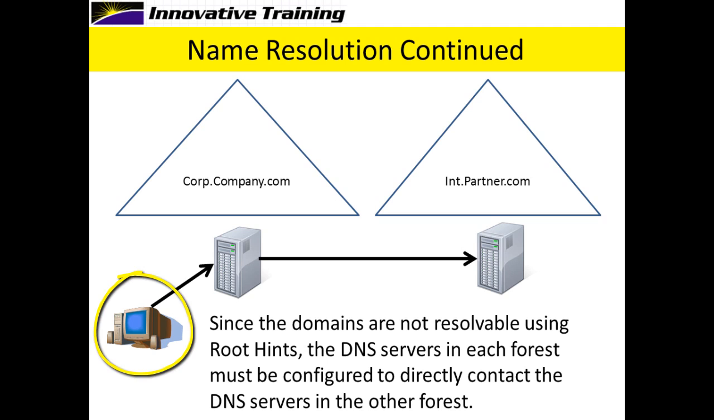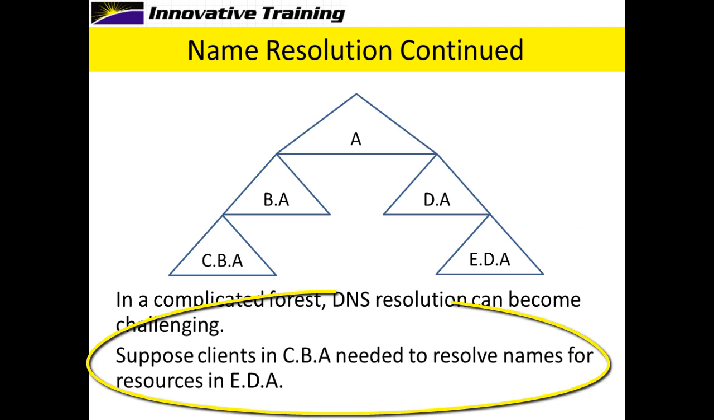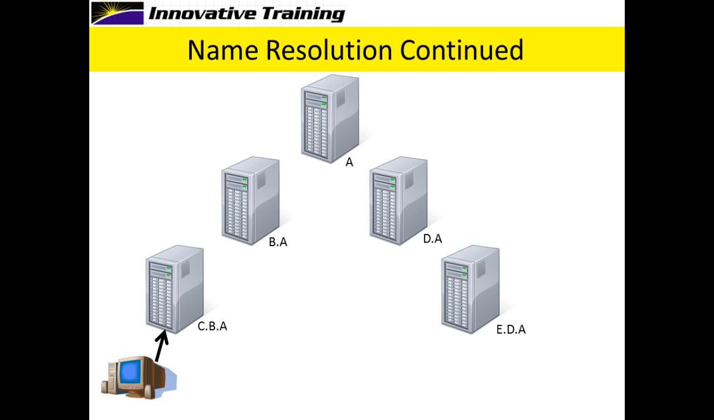So here, the client in corp.company.com contacts its DNS server, and that DNS server has to know how to go directly over to talk to the DNS server at partner.com. Another reason might be because we have a very complicated forest structure. So here we're going to suppose that clients in CBA very frequently need to resolve names for resources in EDA. The client will contact their DNS server in CBA, and we would need to configure forwarding up to domain A,